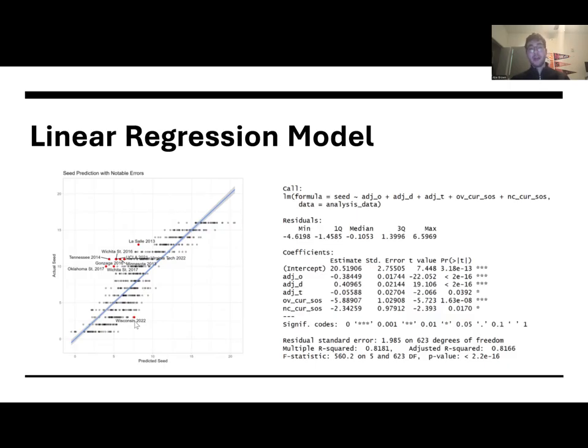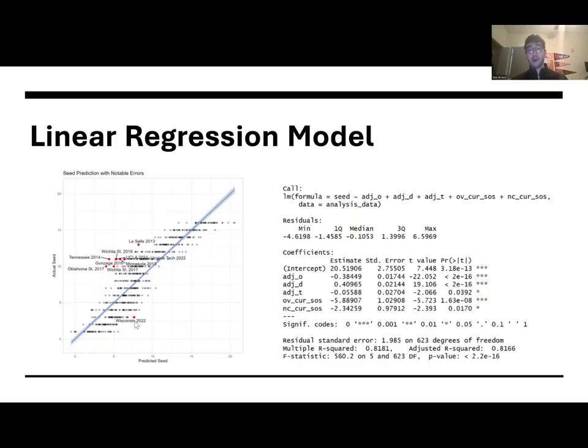And I think one reason that BartTorvik's data really didn't like them was the recency of their losses. They did lose back-to-back games to end the season, including their loss in the conference championship tournament. So, like we were saying before, this data really does play into recency and recent results. I think the committee probably didn't put as much value into those recent results as the metrics did. And it's also possible that there was some kind of injury towards the end of the season or players being held out that caused this issue.